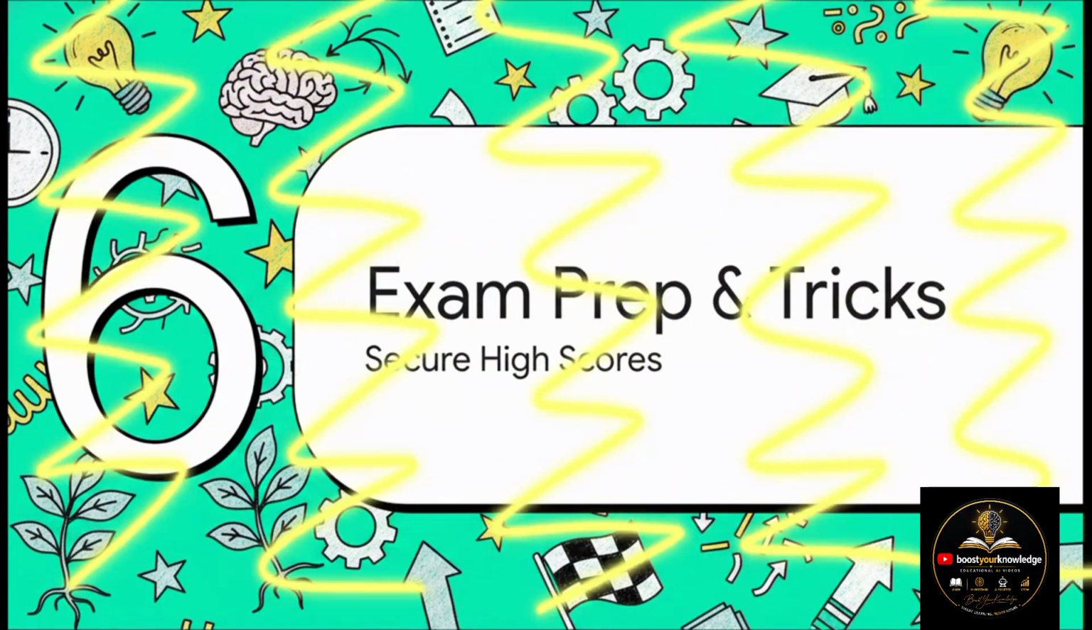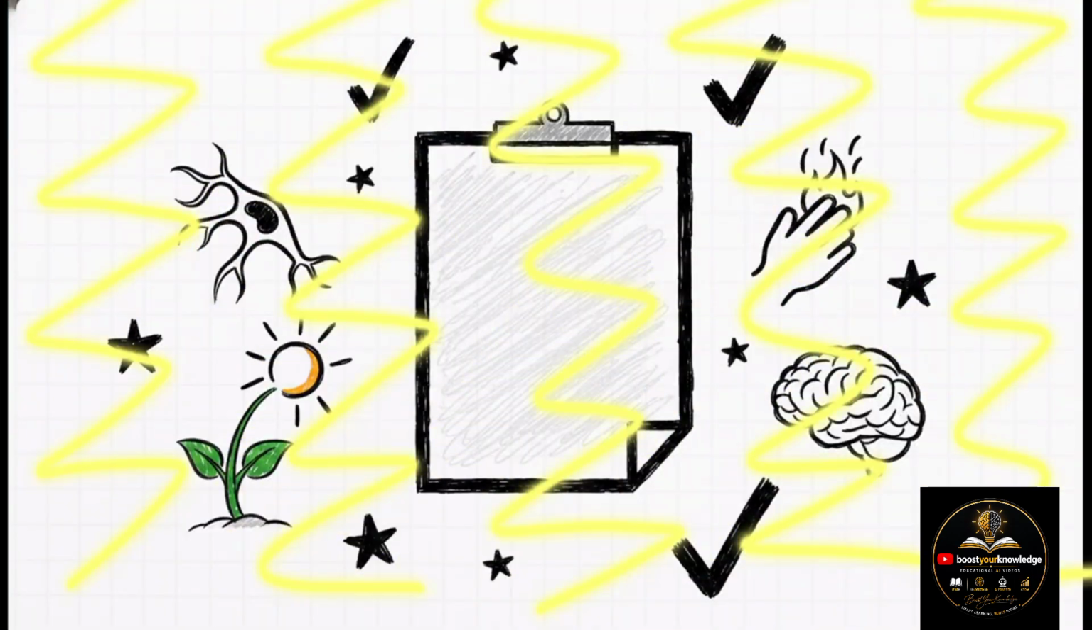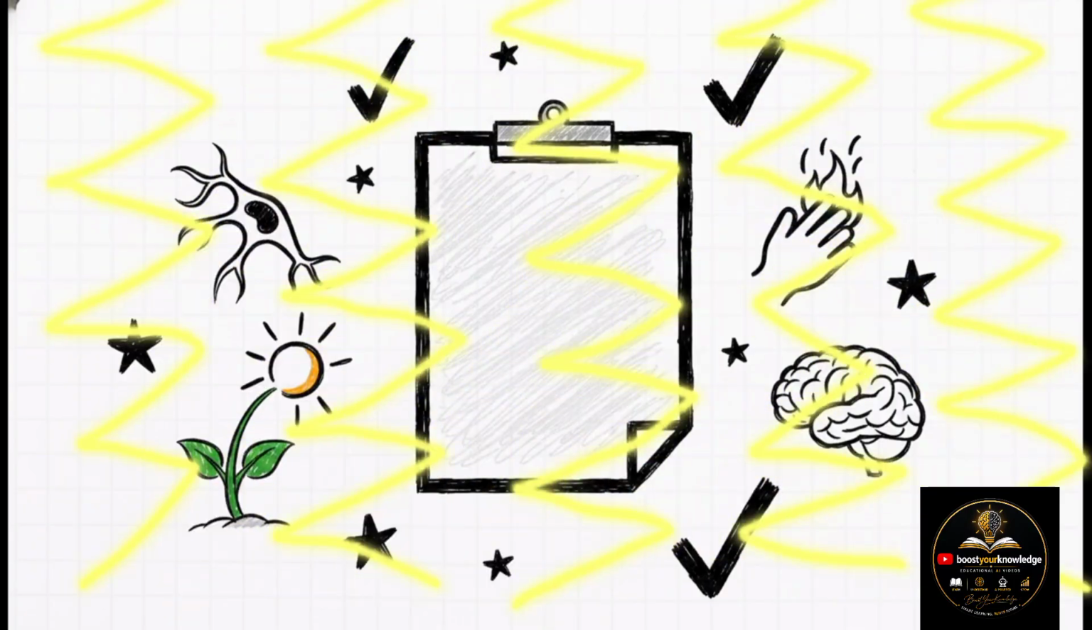Section 6. Exam prep and quick tricks. Okay, let's talk strategy. Based on everything we've decoded today, here are the essential questions you need to nail. For 1 mark, know your core definitions. What's a neuron? What's a reflex action? Which gland secretes insulin? For 2 marks, be ready to explain the step-by-step reflex arc or list what the forebrain